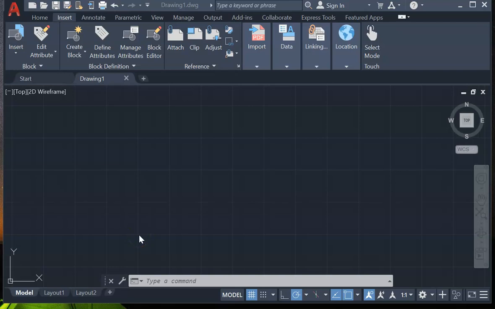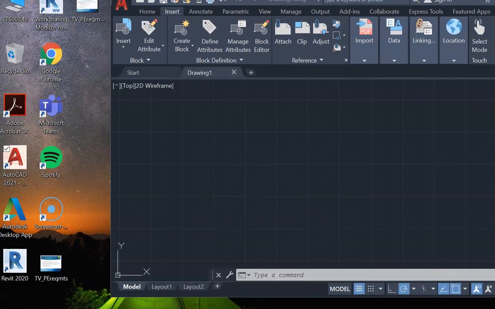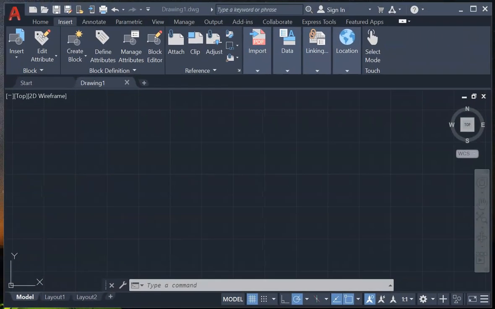Welcome to Intermediate AutoCAD. We are going to go through in this video a drawing setup. So essentially I have just opened AutoCAD. If I look over here on my desktop, I've opened AutoCAD 2021 and this is what I see. And I'm going to go through some of the navigation tools, starting with the big A at the